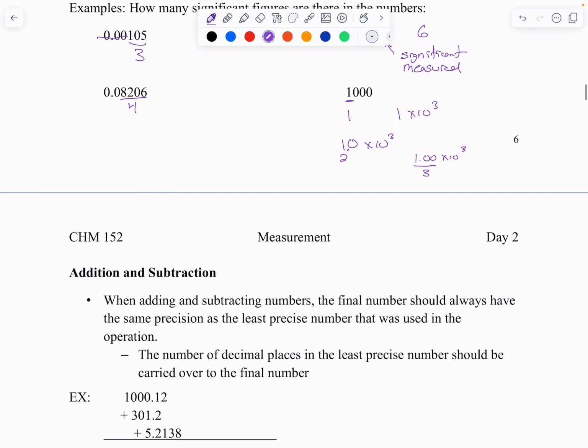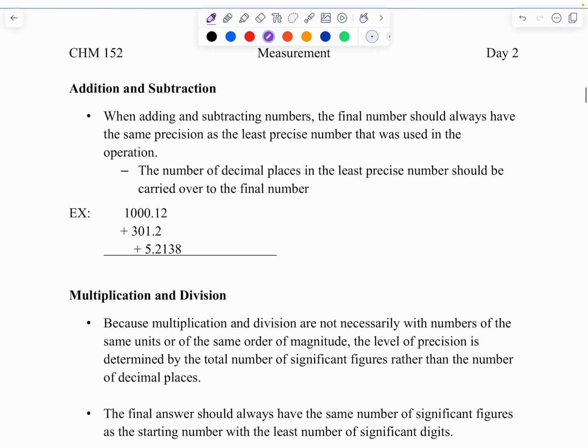Next, what do we do when we have to manipulate these numbers? So there's 2 operations, addition and subtraction, multiplication and division. All right, and it's because of the error in measurement. And we say error, it's just because there's the uncertainty in measurement. All right, it's not that you did something wrong. I mean, we could measure incorrectly. But if you measure to the best of the tool's ability, there's still going to be what quote unquote measuring error or measuring inaccuracies.